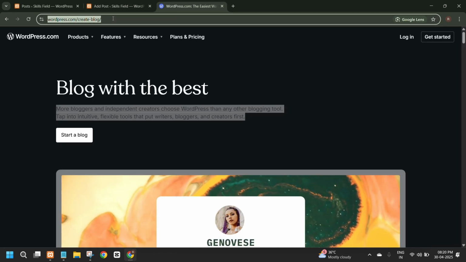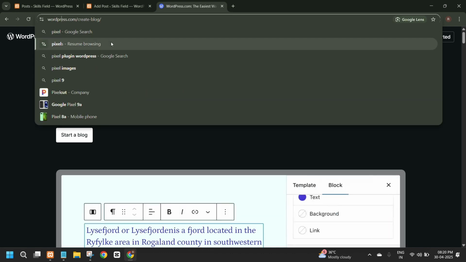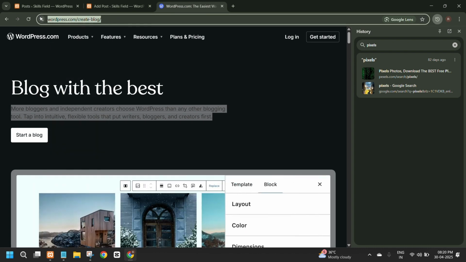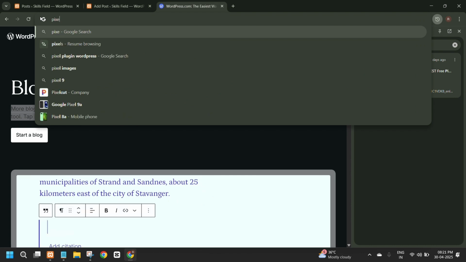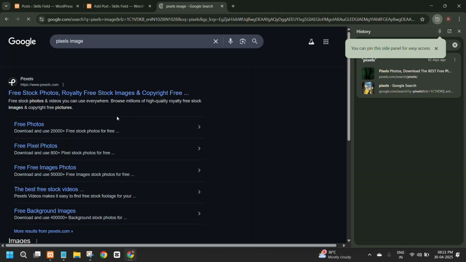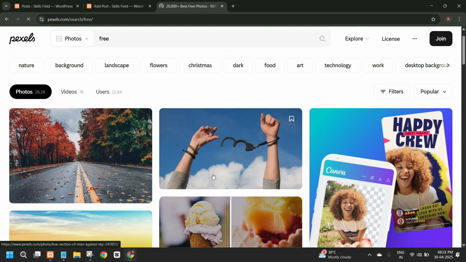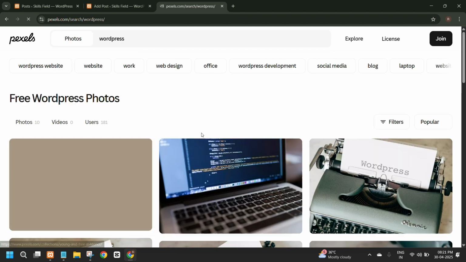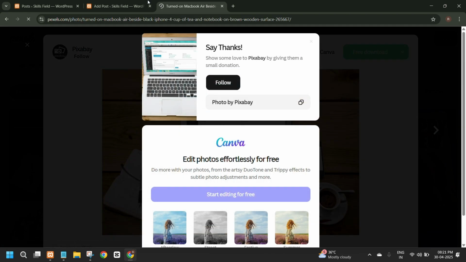We can choose from Pexels. This is the free site you can choose and download the images from. Let's click on Pexels. Okay, free photos. Let's close this, and you can choose. You can search WordPress. Let's see what else the images. Okay, this one is fine. You can free download,